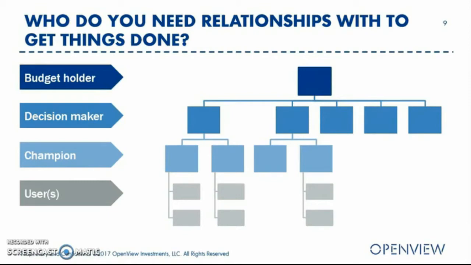So speaking from my own experience, we often do a lot of win and loss reviews for our portfolio companies. So we'll reach out to either existing customers or lost prospects on behalf of them just to get a better understanding of how the process went for the customer. Was there any optimizations that can be done to the overall sales process? And more often than not, what we're finding with our lost prospect reviews is that reps can get blindsided when there's no budget. And it's because they haven't actually engaged with the true budget holder.